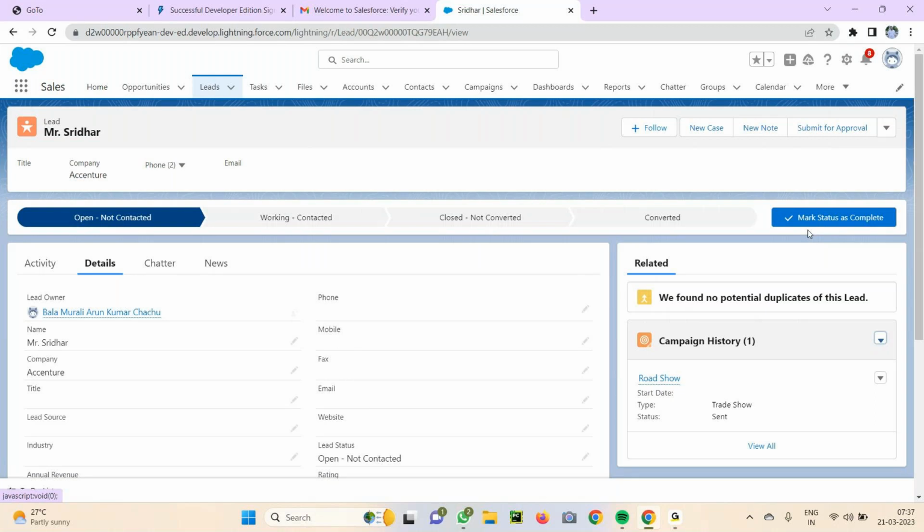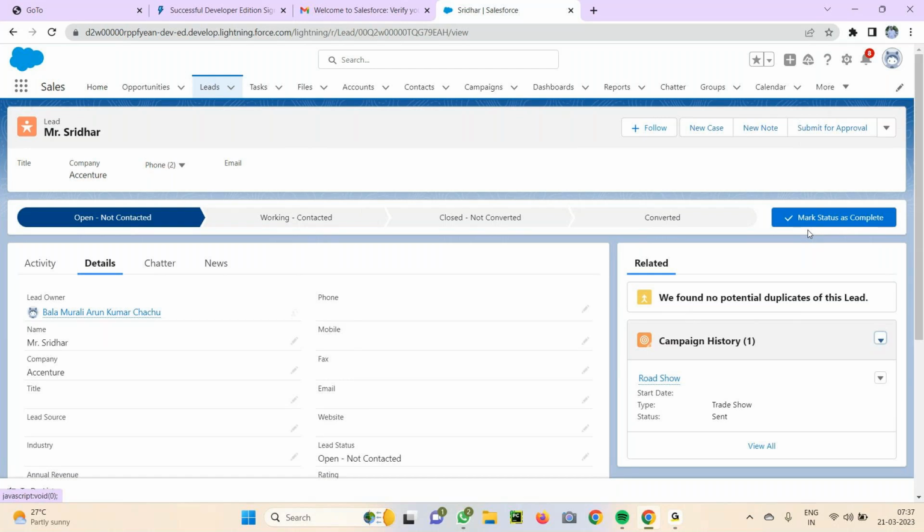So for example, Sridhar is asking for some engine details, which Arun is not aware of. Let's say as a sales engineer, he has captured whatever information he knows, but Sridhar is asking for more and more details, which Arun is not aware of. So what he'll do,